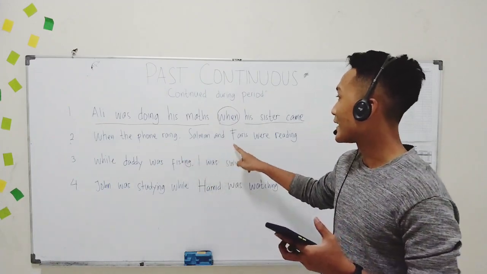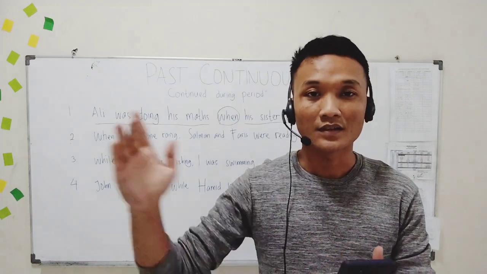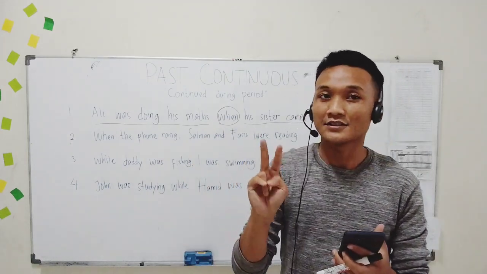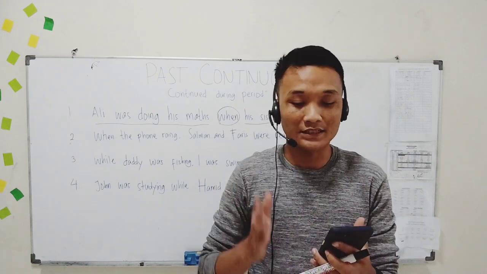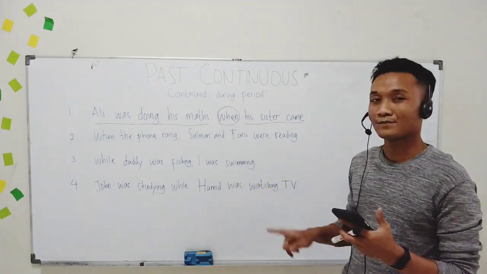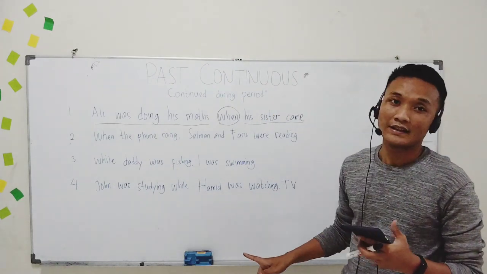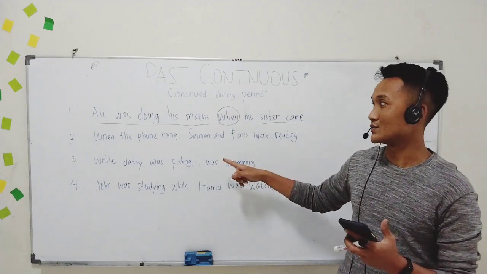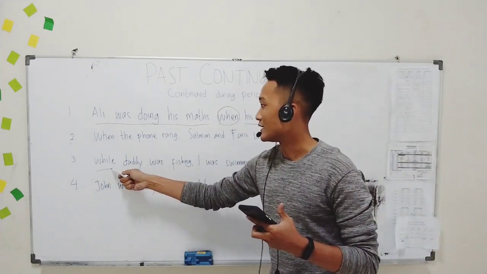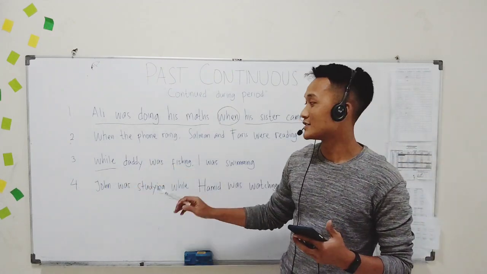In number 2, Salman and Faris were reading. They are reading first, and suddenly the phone rang. But for number 3 and number 4, the two actions happen at the same time. So: While Daddy was fishing, I was swimming, and John was studying while Hamid was watching TV. Here it is quite the same as number 1 and number 2: while in front of the sentence and while in the middle of the sentence. But don't forget, if while is in front of the sentence, give a comma